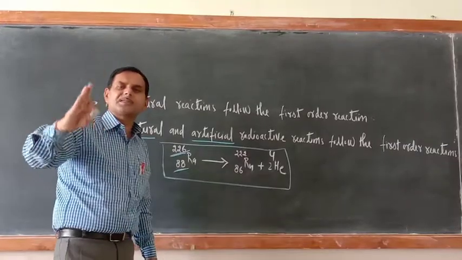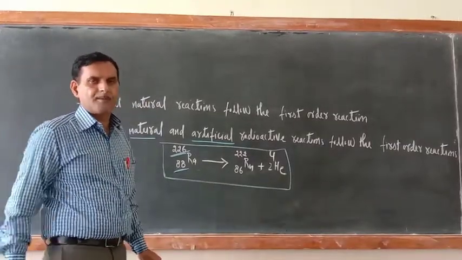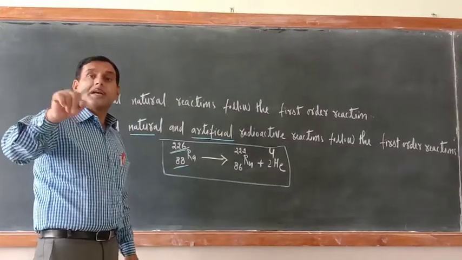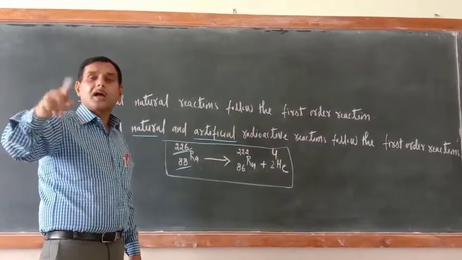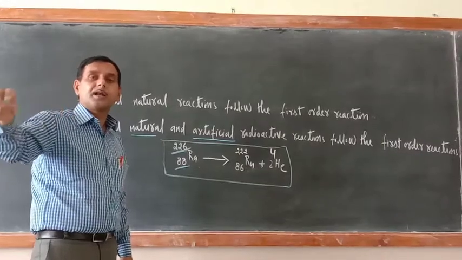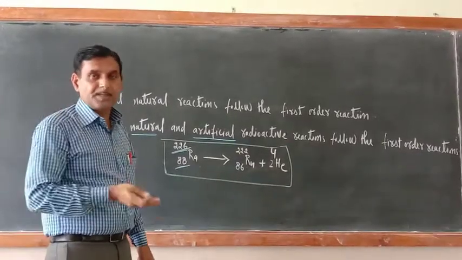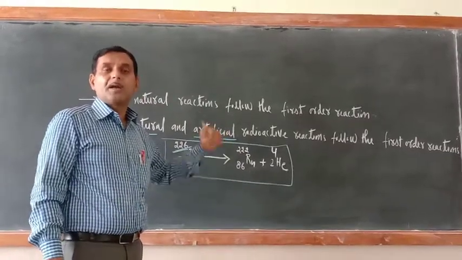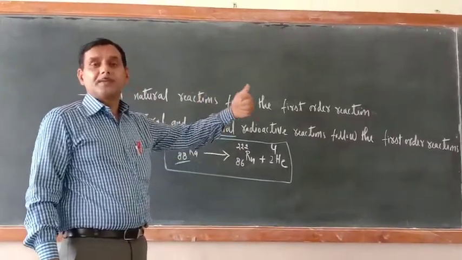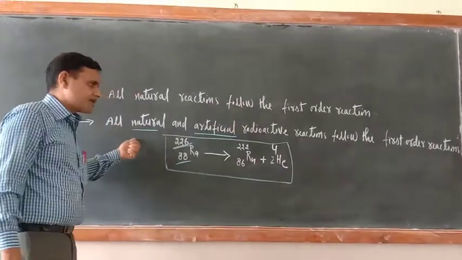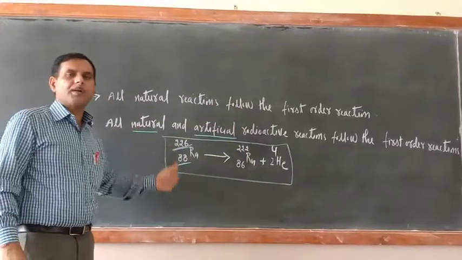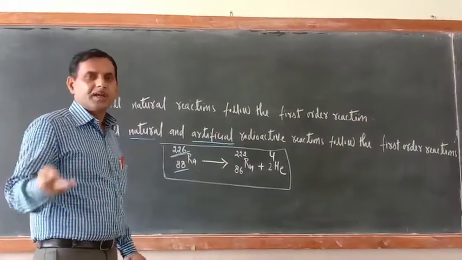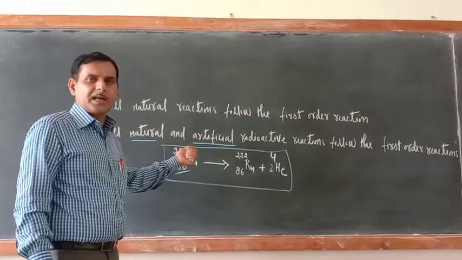There is another difference between atomic mass and mass number. Mass number will always be a whole number because it is the sum of protons and neutrons. Can protons and neutrons be fractions? No. So mass number is always a whole number, while atomic mass may be fractional also. So you should incorporate these two pieces of information, and they are important because the pattern of the question paper has changed. In 1-mark questions, they can ask anything.